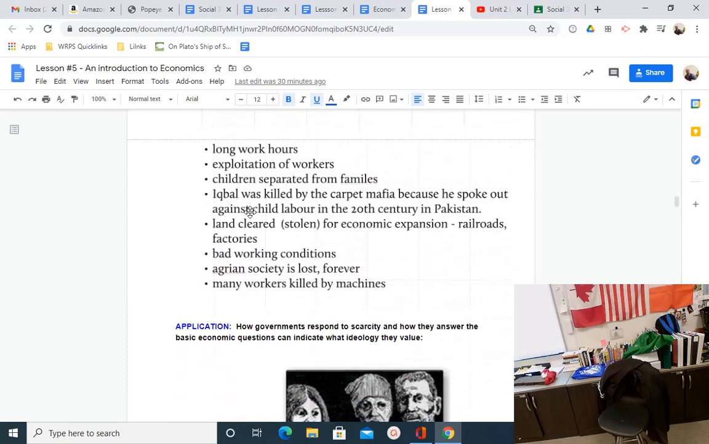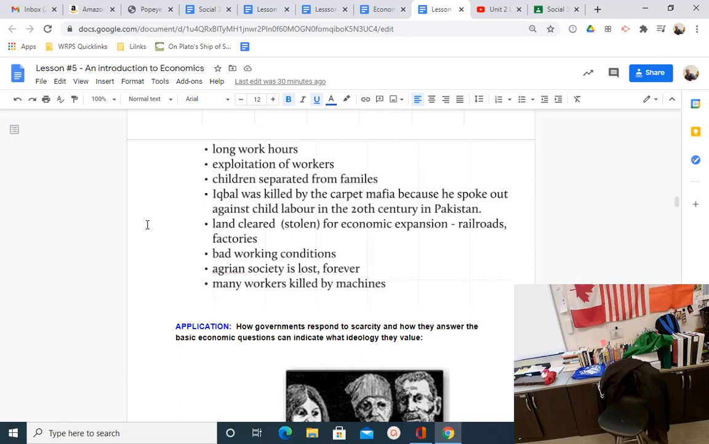Leads to long work hours, exploitation of workers, children separated from the families. And we have stories like Iqbal. So Iqbal was a child worker in Pakistan that was sold to the carpet mafia so that his sister could have a nice wedding. And Iqbal was freed. Some non-governmental organizations freed the children, and unfortunately they are connected with the WE scandal with the federal liberals. But before they were connected with the Trudeaus, they were saving children from factories around the world. So they went into a factory, they pulled Iqbal out, and